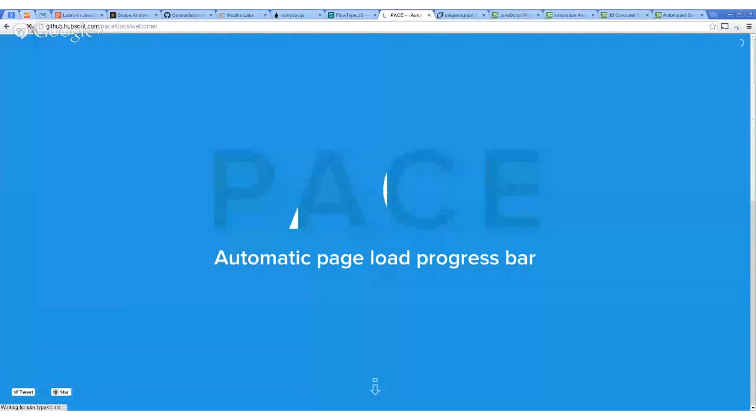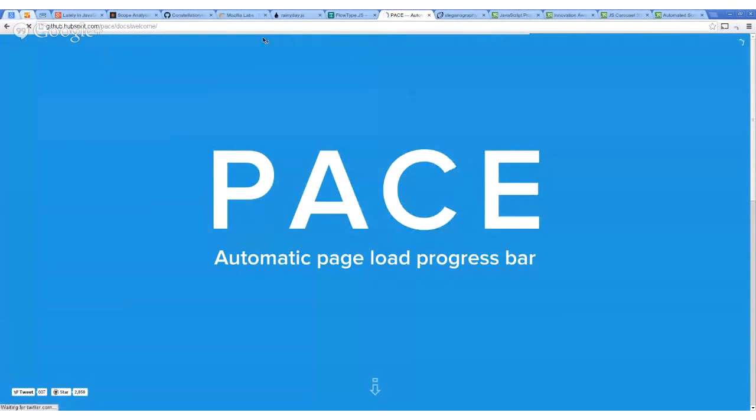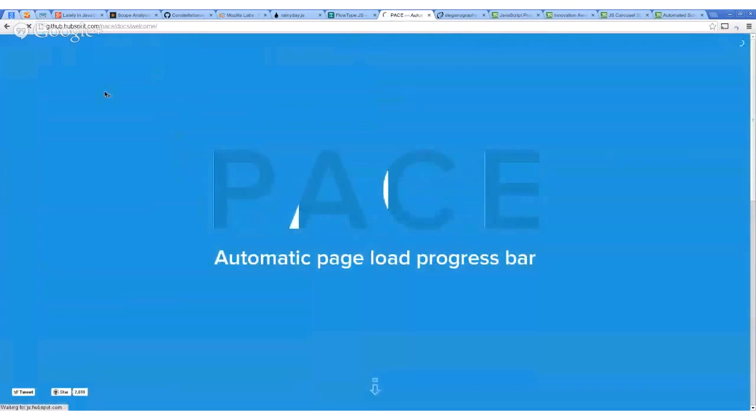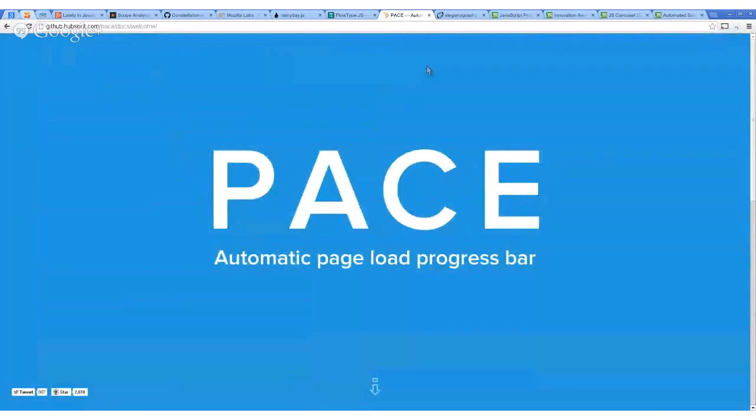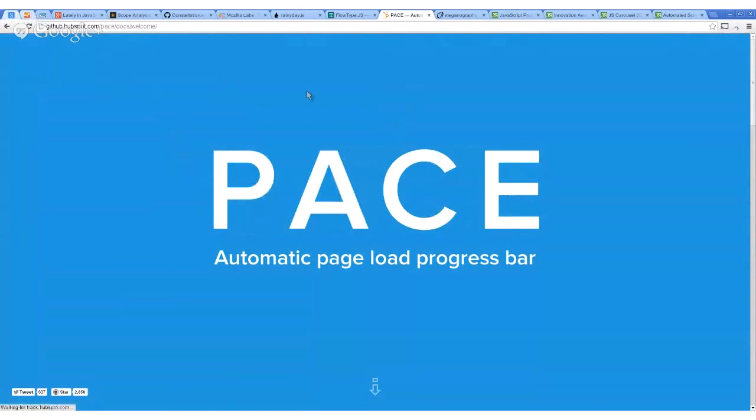For instance, if you go here, you can see, it's very small, but there is a thin line at the top, and also the letters here start filling up. Let me reload this so you can see it again. Oh, it loaded very fast here, probably because I'm on a good connection. First world problem. Well, whatever that could be,